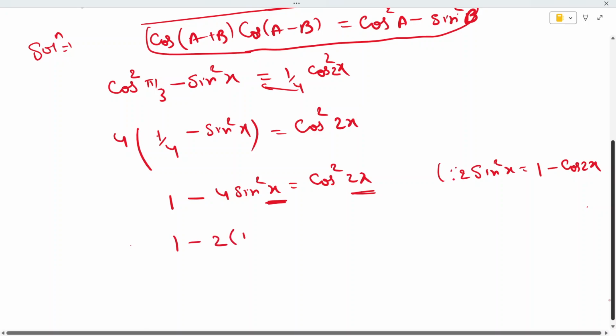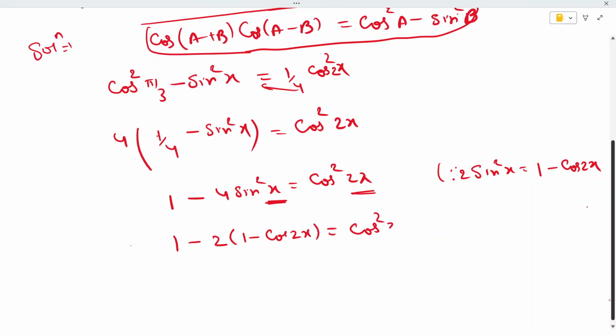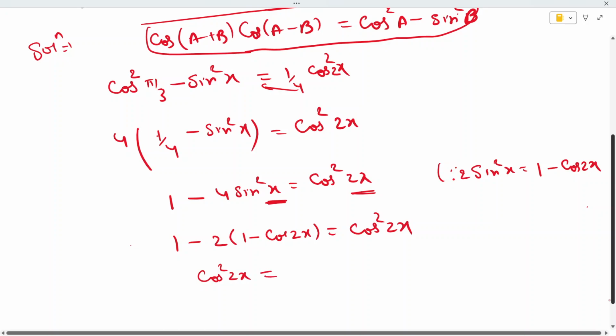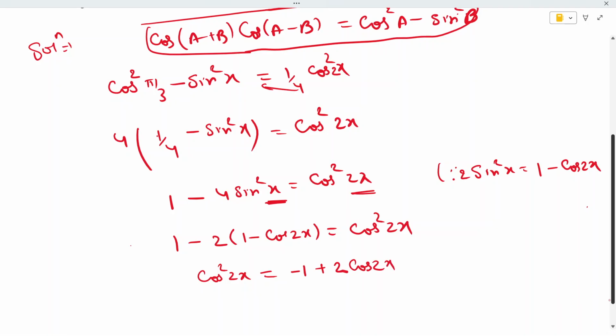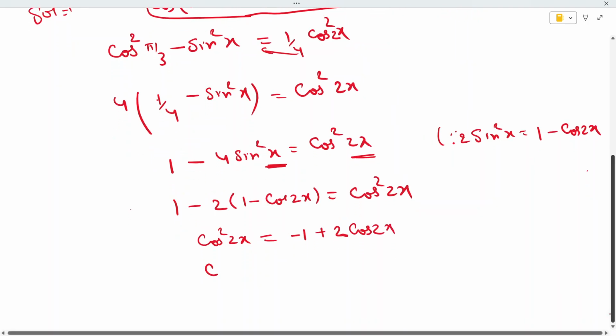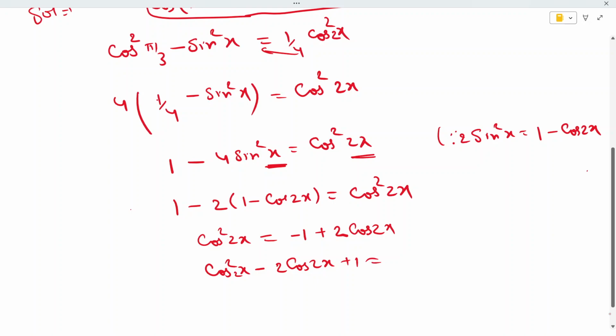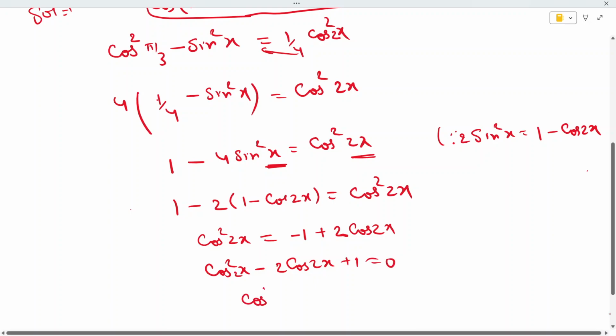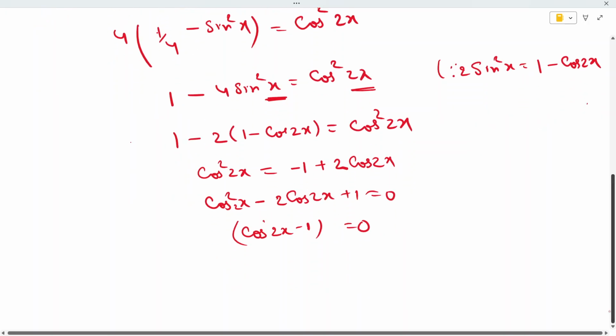1 - 2(1 - cos 2x) is equal to cos²2x. From here we get cos²2x equal to -1 + 2 cos 2x. Now shifting to the left hand side, what we get? cos²2x - 2 cos 2x + 1 is equal to 0. That is (cos 2x - 1)² equal to 0. So cos 2x